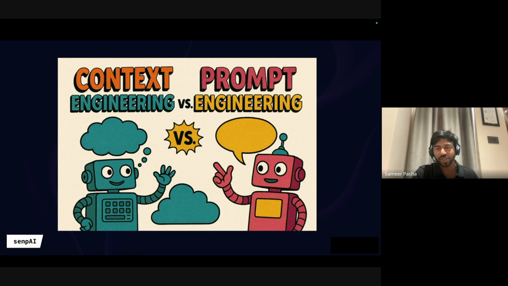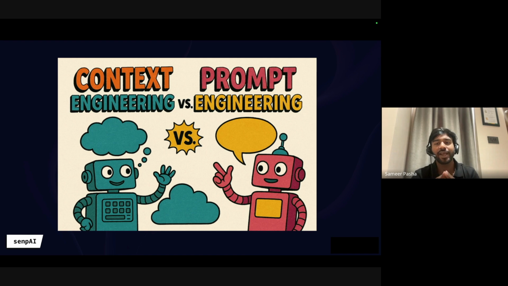So we'll move forward to the next part, where we'll talk about context engineering versus prompt engineering. Prompt engineering is what it started with and what it used to be earlier. Now everyone is moving towards context engineering. In the simplest possible terms, prompt engineering is nothing but you give the input and ask for something, like the previous examples of asking it to draft an email: you just give the input and ask for whatever the requirement is.